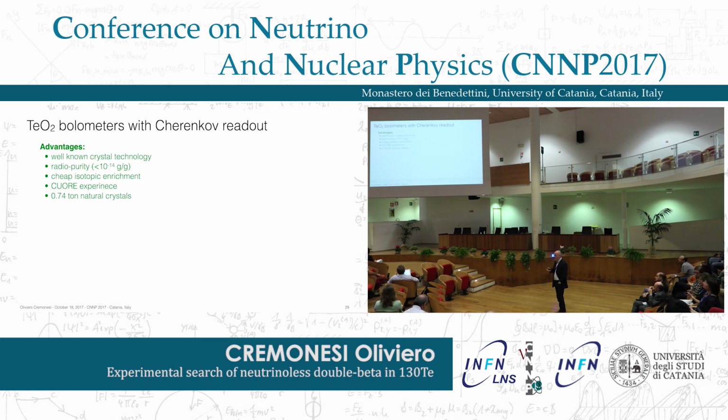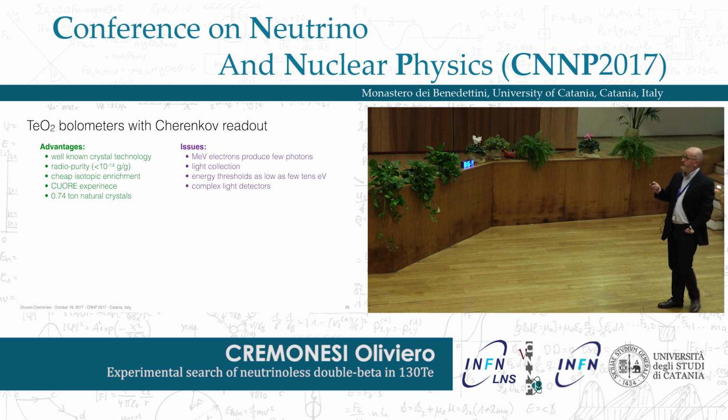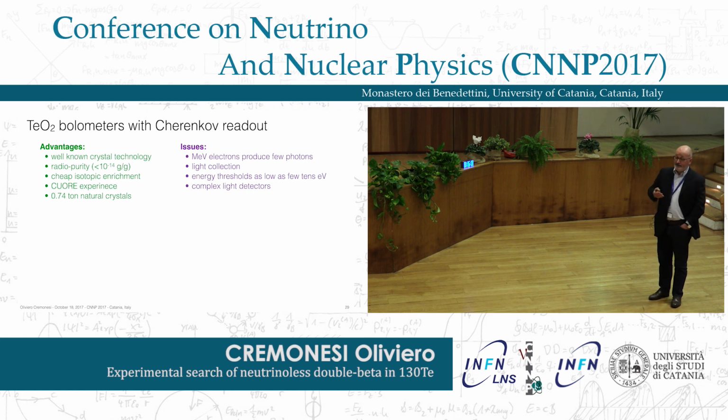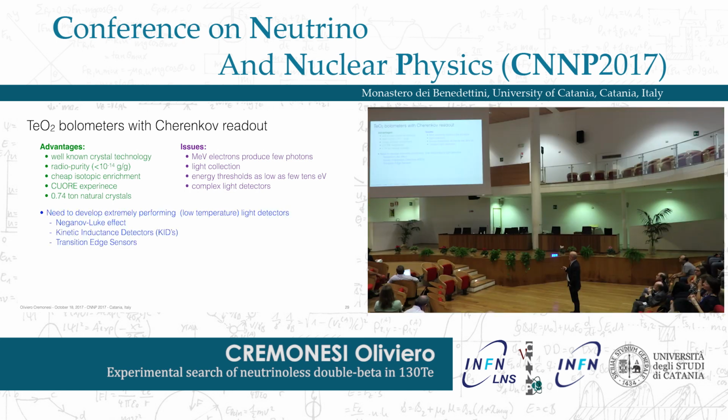Tellurium is not scintillating, so the only option is Cherenkov light. Unfortunately, apart from the obvious advantages, there are also issues, and in particular the issue is the low signal coming from Cherenkov light. So you need a very sensitive sensor for the light. This was the subject of a number of R&Ds that were based on different technologies. Let me say that we have very clear signals of success at the level of R&D from all of them, and so we are close to making a decision on the technology.